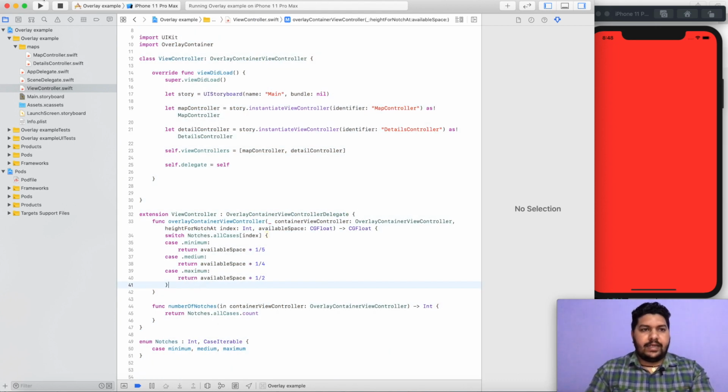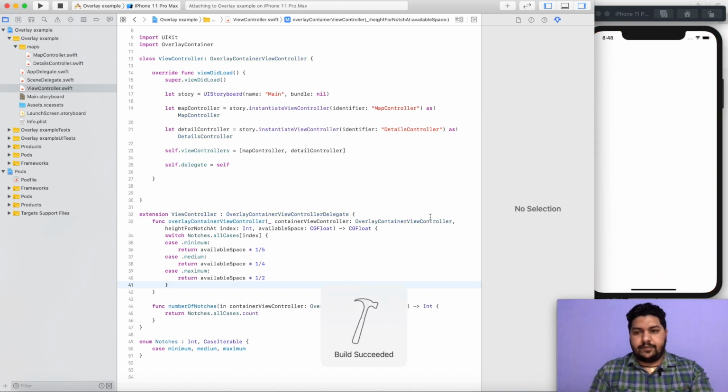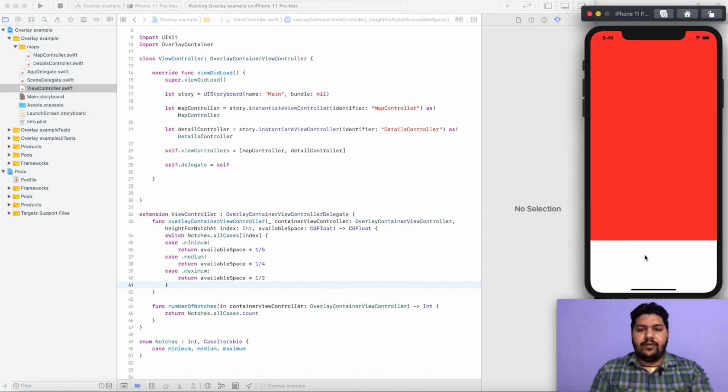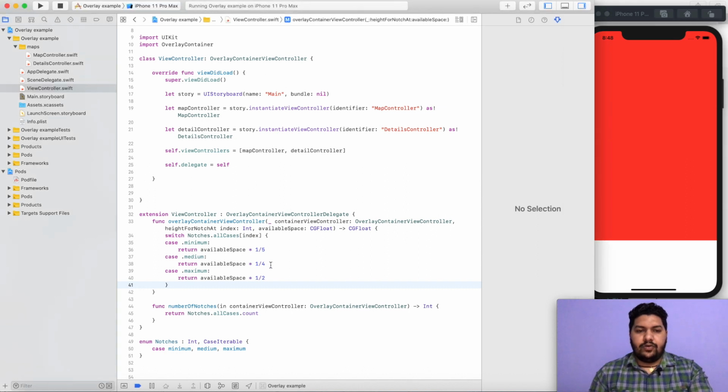Now again I will run and we will see the output. You can customize this as per your requirement. So here you can see 1 of 5, 1 of 4, and sorry, there is not much difference between 1 of 4 and 5. So we can directly divide by 2.